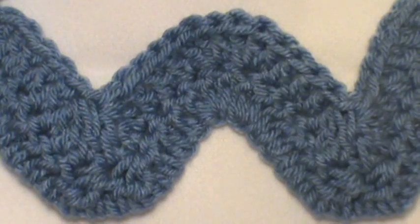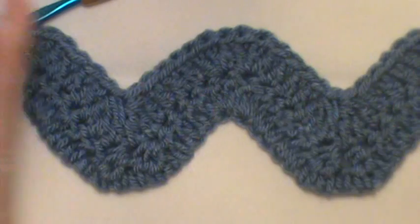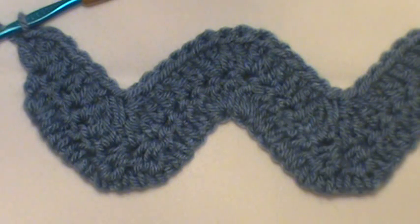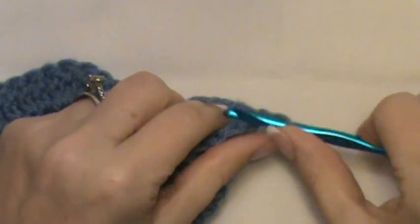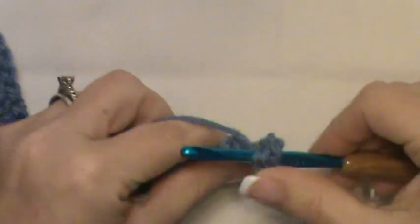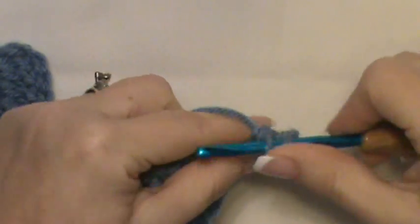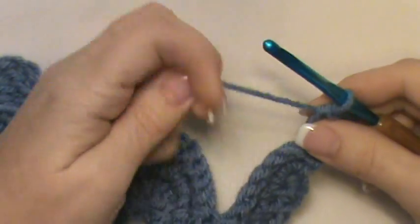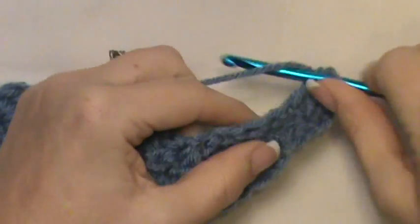So now you're starting to look a bit like a W. Okay? And that is how you're going to work the feather and fan ripple. You're just going to now turn and work row 1 over and over. So chain 3, you'll work 2 double crochet into the same stitch, double crochet into the next 3,